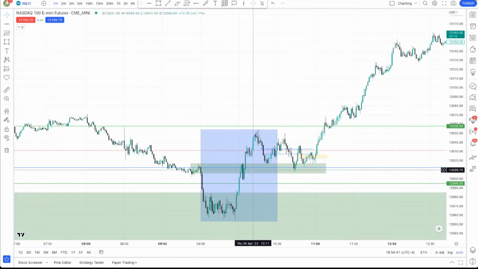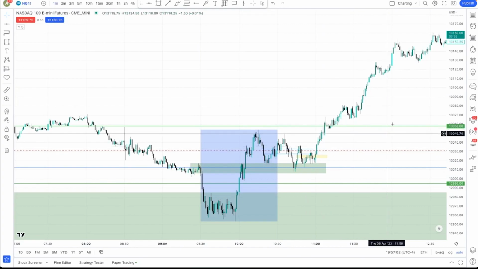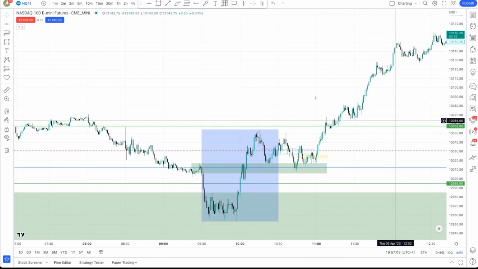And then what we have below here is that break in that order block, and then price runs away. So this was your telltale sign. Price expanding out of a higher time frame point of interest. And then now the bullish PD arrays are holding. And then price just runs the rest of the day. And so then when we start going back to higher time frames,